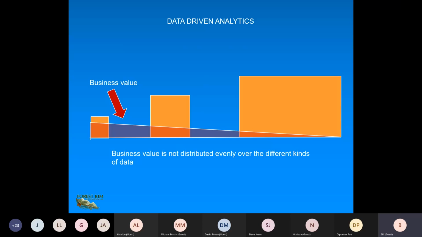It's a little bit deceptive because when it comes to getting business value out of something, the structured data is full of business value. Textual data certainly has business value, as we've seen, but there's a lot of textual data that doesn't have business value. Let me give you a quick example.